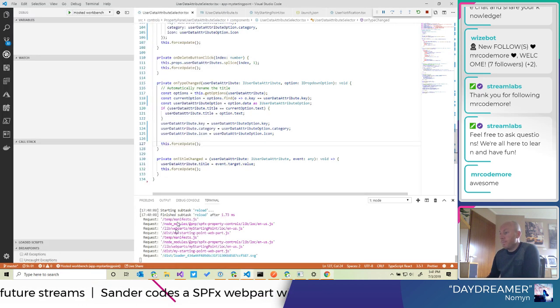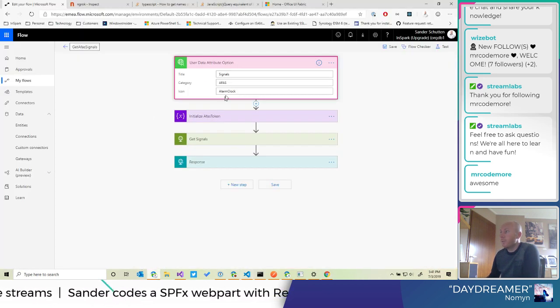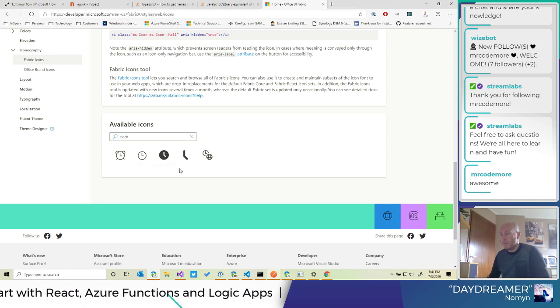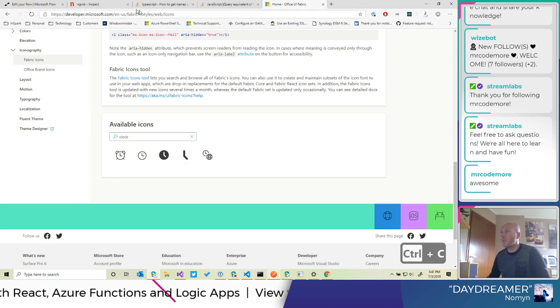So now we allow our users to also pick an icon by specifying it in the trigger. Very cool. So if I were to pick another icon, for example, I rather like Skype circle clock.